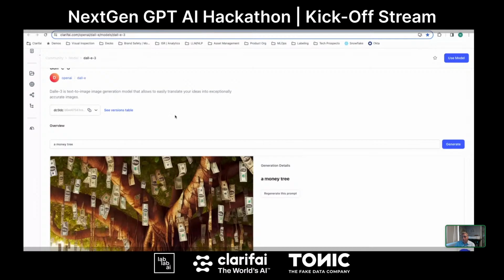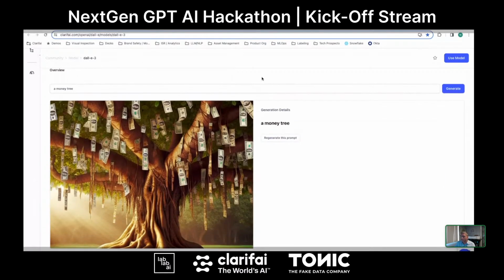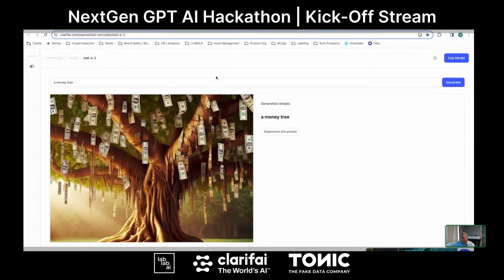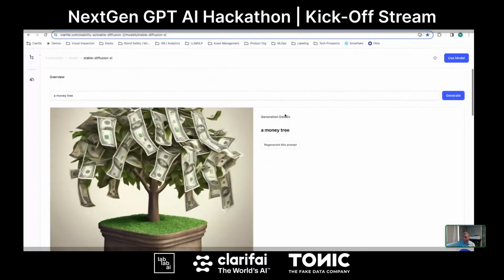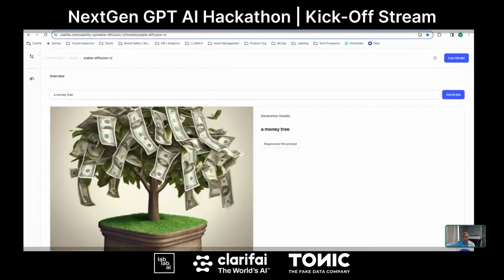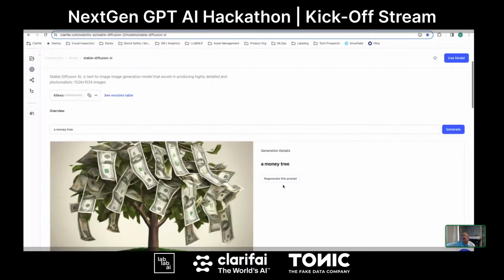We also have image generation models that are built in. You can see here, I chose to say a money tree to see what DALL-E 3 would give us. And that is indeed a money tree. I wish I had one in my backyard instead of on my desktop. If you wanted to compare different image generation models, again, Clarifai has access to many different models. We can use a different model, but give it the same exact prompt, and actually treat this kind of like a battleground for not just image generation, but also for LLMs, for computer vision problems. Because Clarifai is able to deploy models inside of our platform very easily, you can in parallel test multiple models for efficacy in your use case.